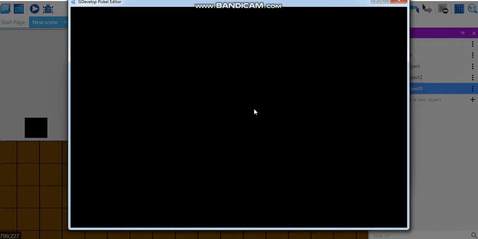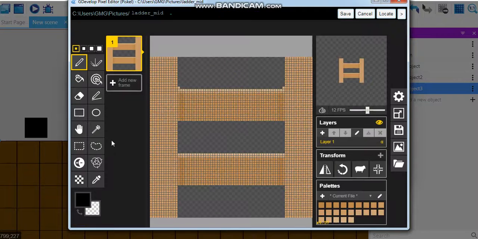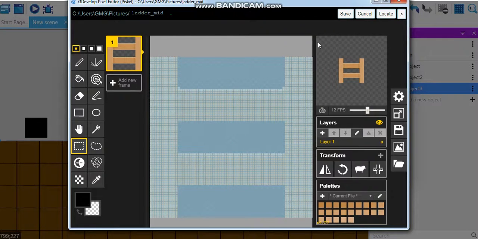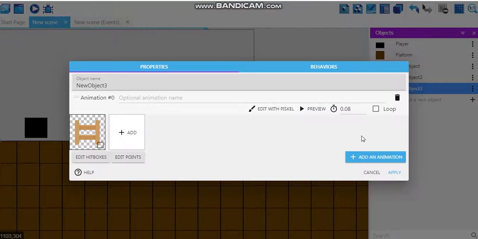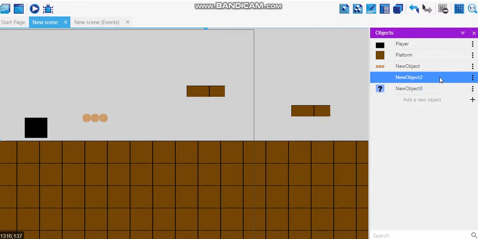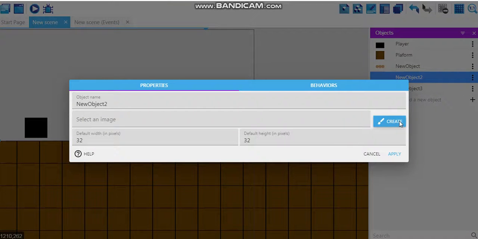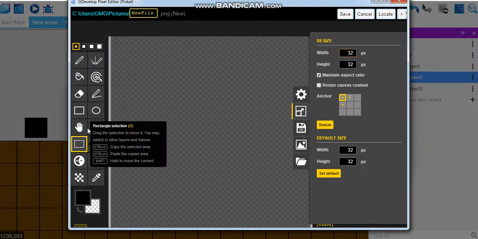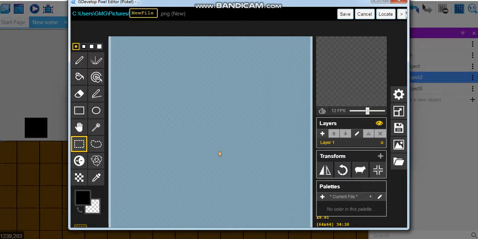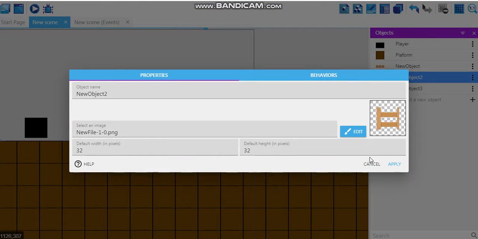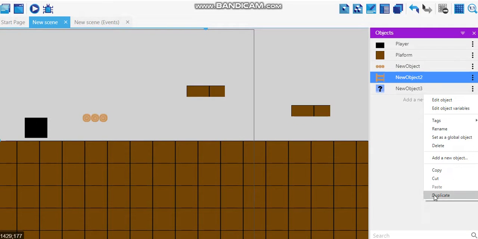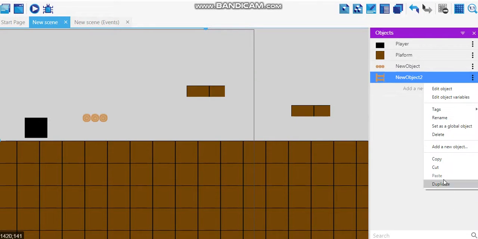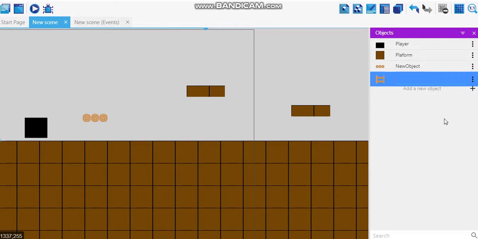Now when we are going to edit with pixel, we are going to go into rectangle selection here and we are going to copy that, and then we are going to cancel that, scale it, and then we are going to give a rectangle selection to that and paste our ladders. We are going to save that, apply, and then delete this object. I know it is a bit complicated. Now the new object, we are going to rename the new object and call it